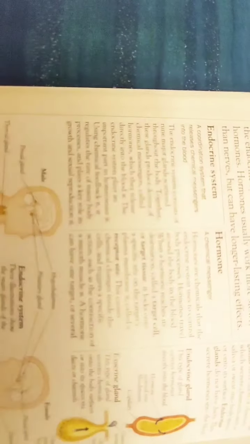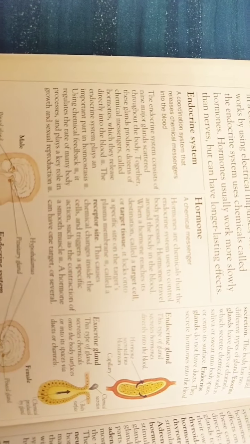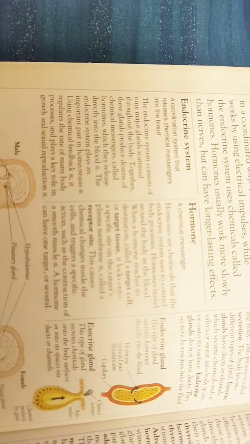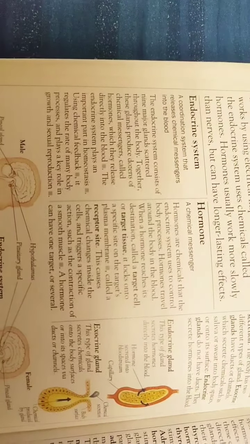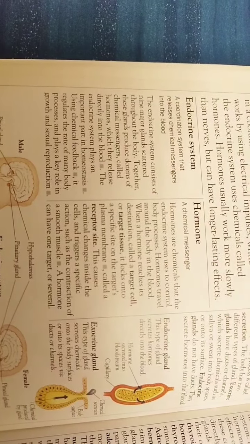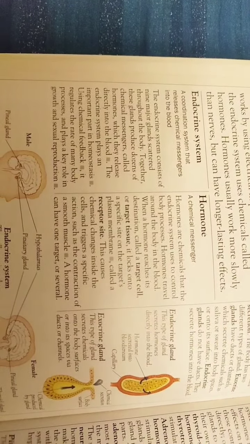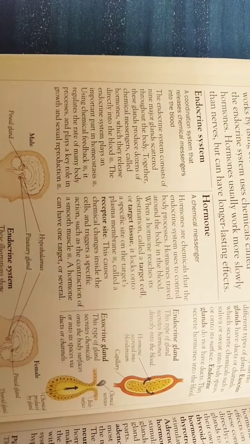The endocrine system releases chemical messages into the blood, and it consists of 9 major glands scattered throughout the body. Together these glands produce dozens of chemical messengers, which are also known as hormones. And then the endocrine system, it plays a very